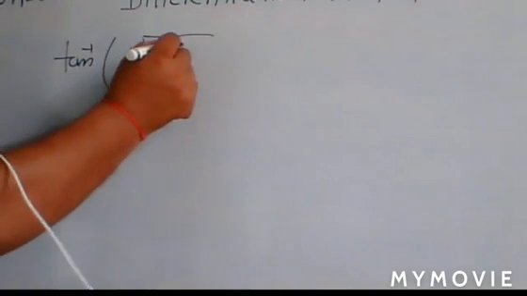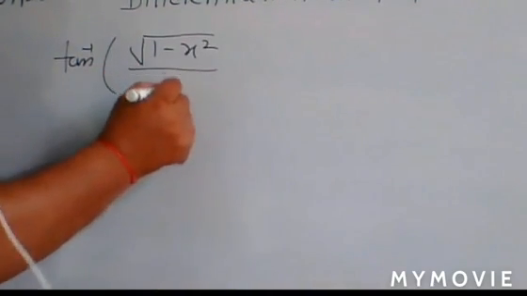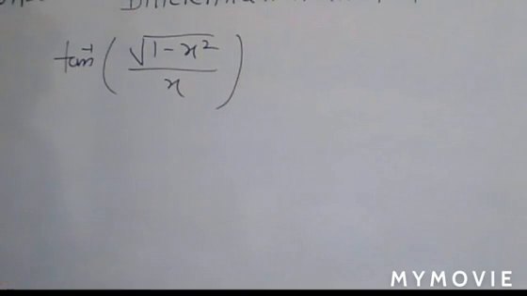Differentiate tan inverse of under root 1 minus x square upon x with respect to